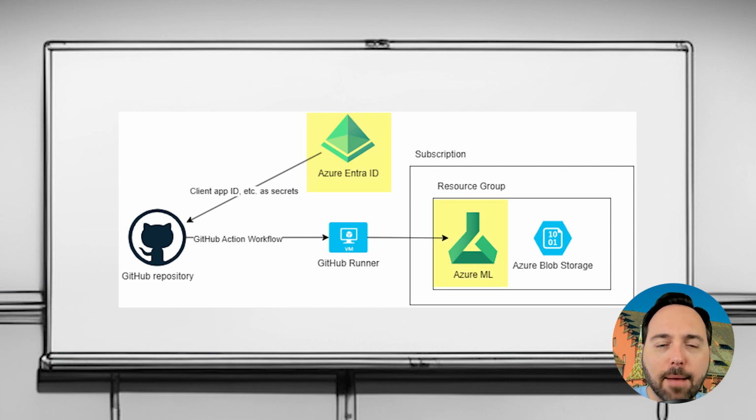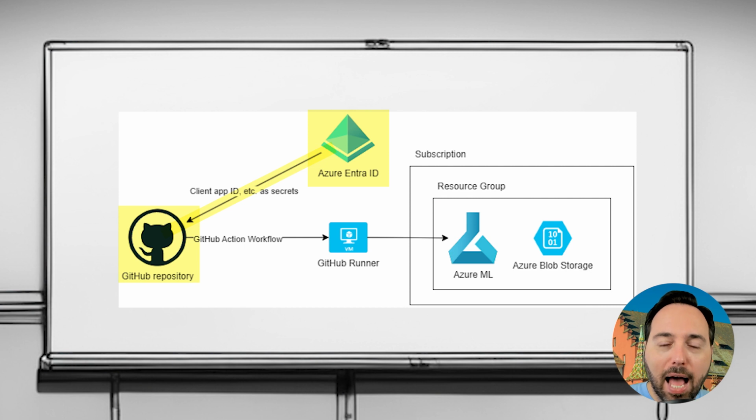After we create the application registration and the service principal, we are going to need to identify a role assignment for Azure Machine Learning. That way, the service principal will be allowed to access relevant resources. We're going to use the contributor role. That will be enough for us to kick off AML pipelines, so it's good enough for us for this demo.